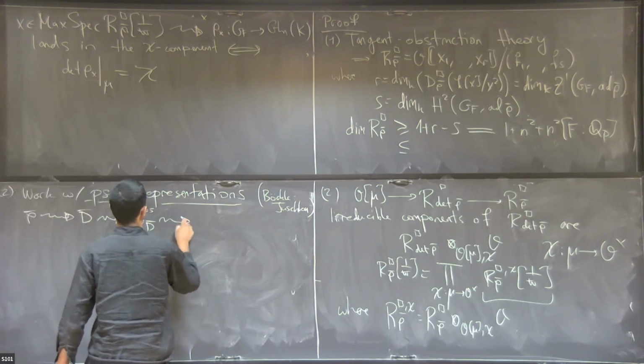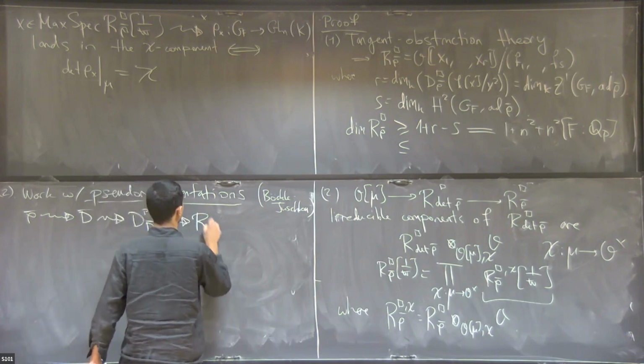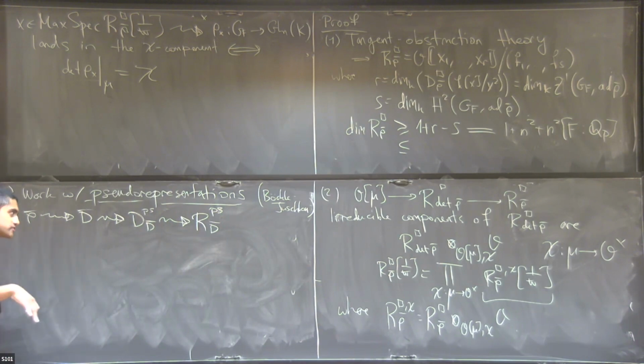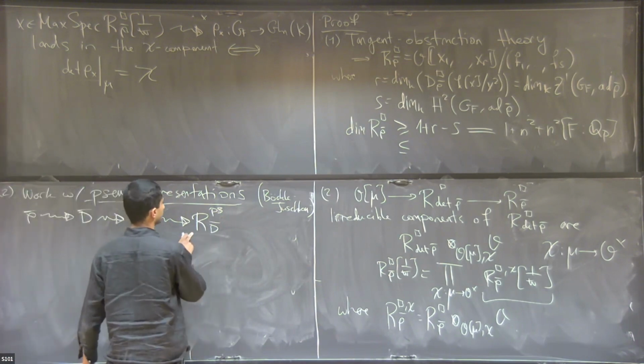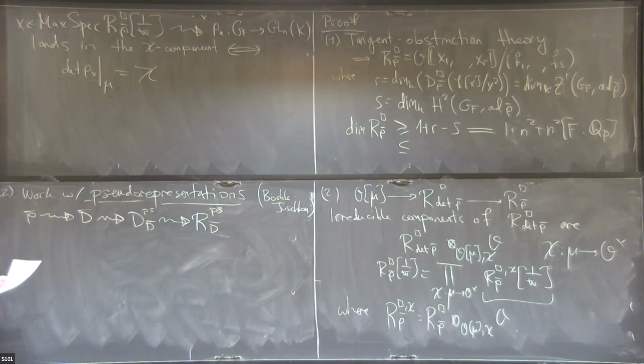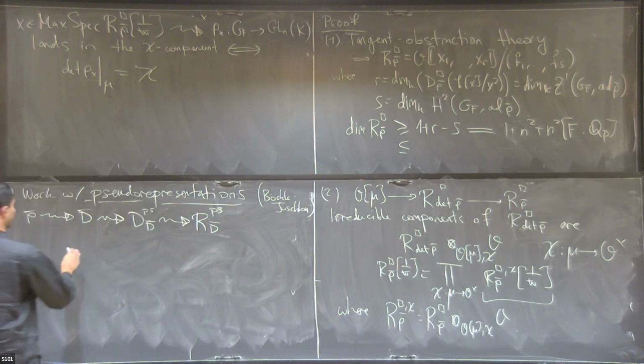And then this thing turns out to be representable, and so I get a pseudo deformation ring, which is kind of like one of these lifting rings, but instead of representations, it's pseudo representations. So this is the pseudo lifting ring or pseudo deformation ring of D bar. And so what we do in the paper is we look at,